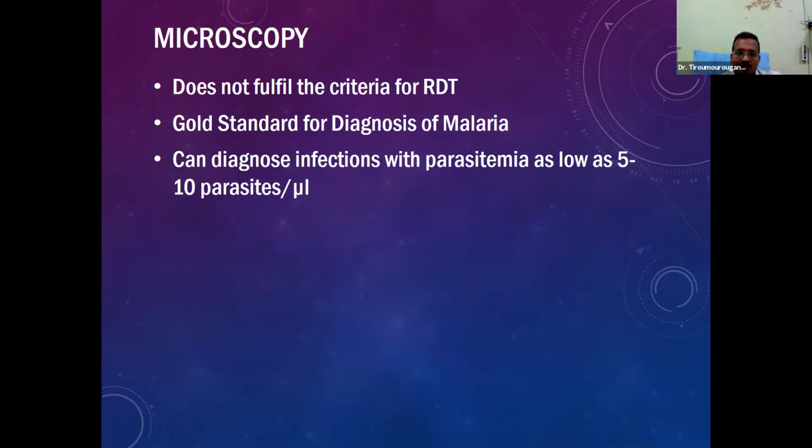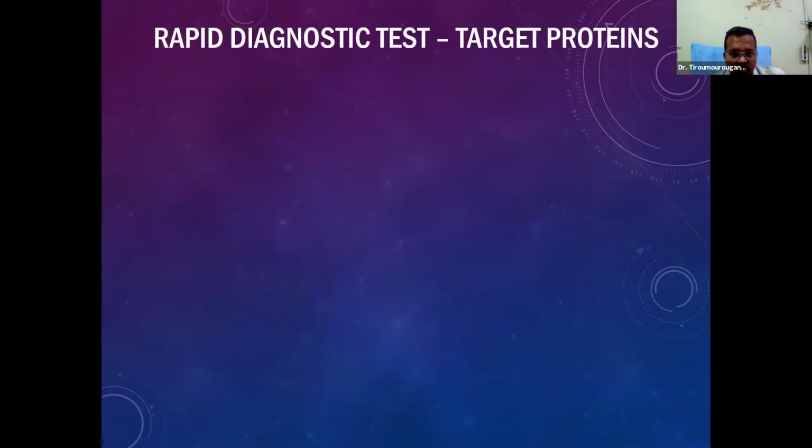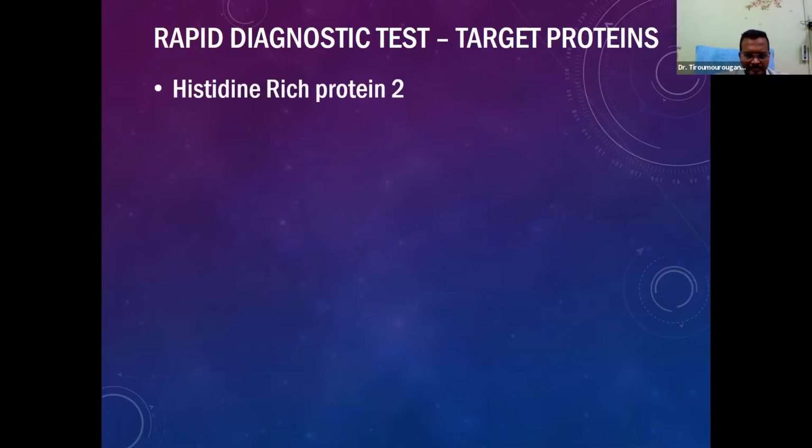So it's fairly difficult. But please remember, it's probably the most accurate among all the tests we can come across. In the hands of trained eyes, even as low as 5 to 10 parasites can be picked up, whereas most RDTs cannot pick up anything less than 100 parasites. So they're pretty good. But the problem is I don't have a pathologist to look at a peripheral smear. What are my next choices? Shall I move on to the rapid diagnostic test? So what are the possible options?